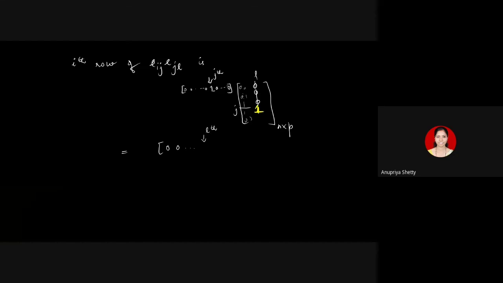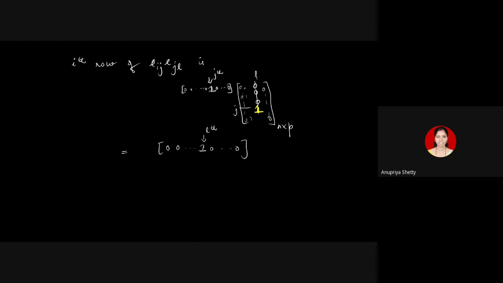0 into 0 plus 0 into 0, etc. This 1 is also in the jth place, right? So this 1 gets multiplied with this one. Everything is 0 into 0 plus 0 into 0, etc., plus 1 into 1 and plus 0 into 0. So I'll get 1 and rest everything is 0 because all the next columns are also 0 columns. If I multiply a column of zeros with this row, I'll get 0.